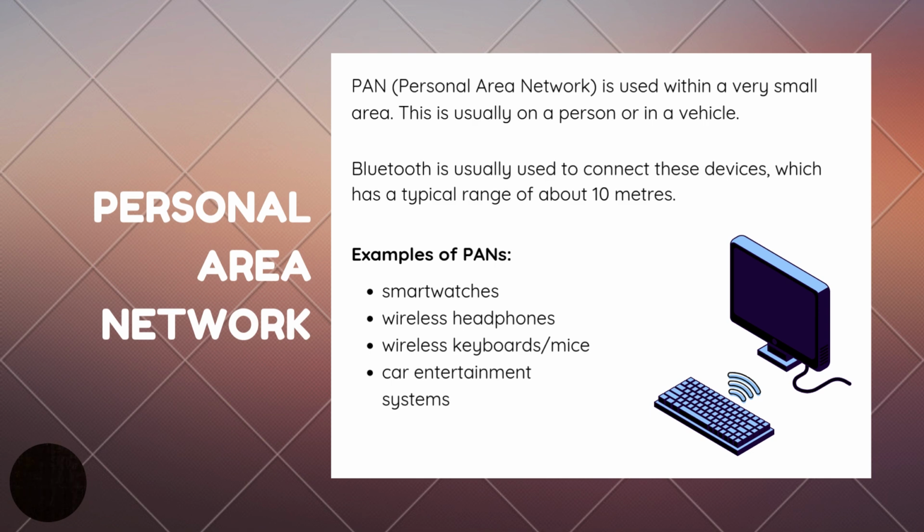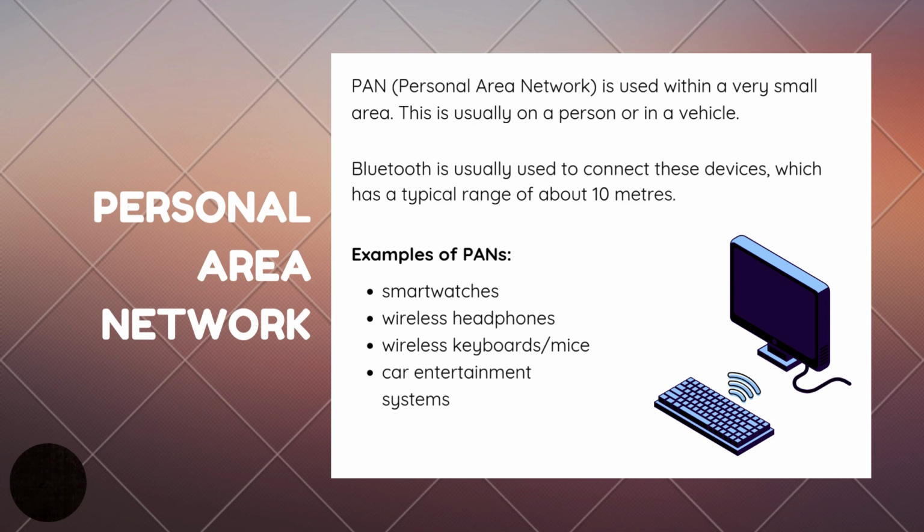The personal area network. The personal area network is used within a very small area. This is usually a person on his computer or on his vehicle, like a small spot. Bluetooth is used to connect these devices. If you think about the Bluetooth range, it is very short. When you go out of a certain range, the Bluetooth can no more connect. So the personal area network is mostly you just sitting on your computer and manipulating it, or a close friend sits beside you and you connect Bluetooth.